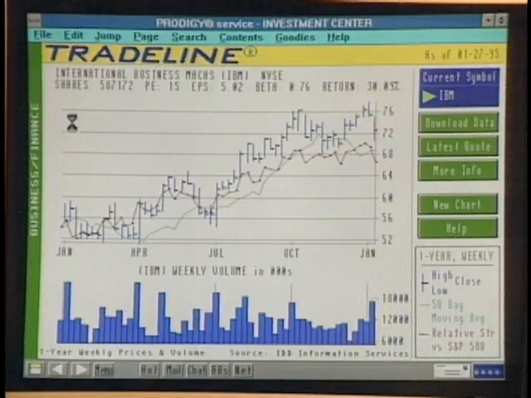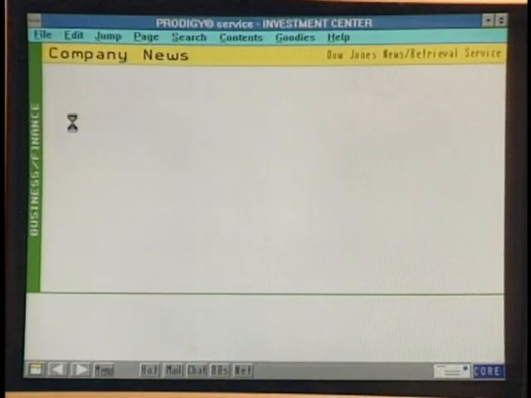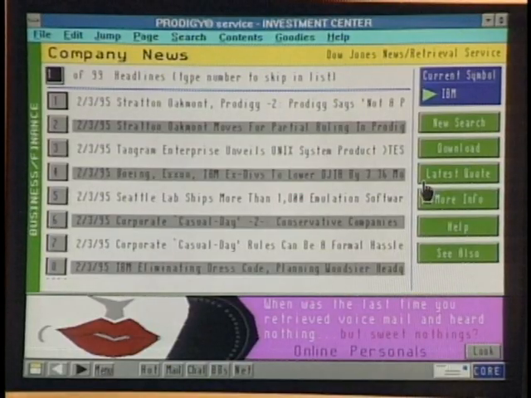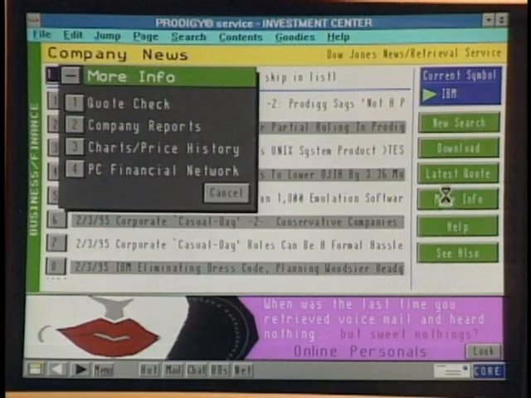And what a lot of people like to do is take a look at what the press has been saying about that company most recently. So I look at the numbers and then I go say, what kind of news stories have there been? What are the magazines, Wall Street Journal saying about it? Correct. Right. You're pulling down Dow Jones Company News, and you've got the last 21 days worth of headlines. So that certainly helps give you a good indication of what has been happening this week with that company.